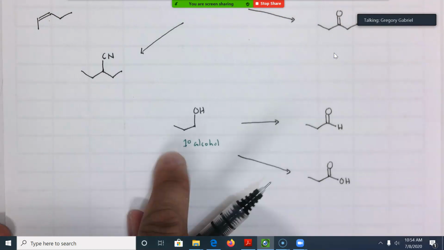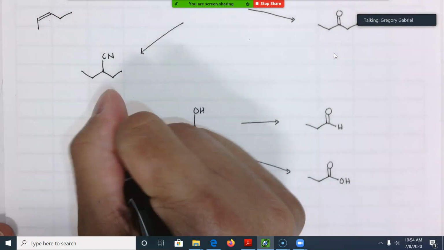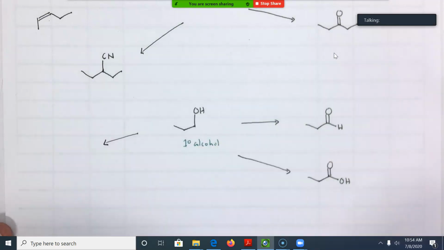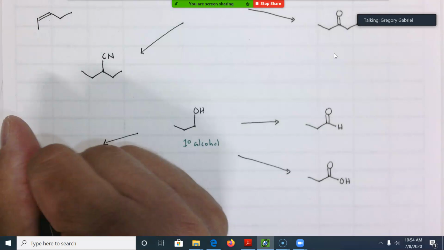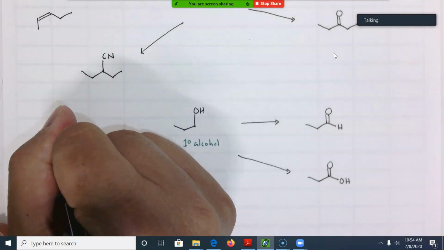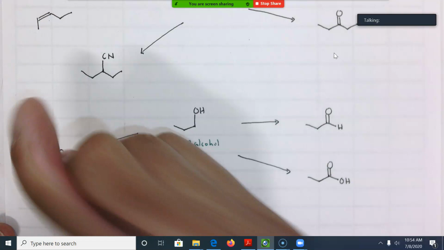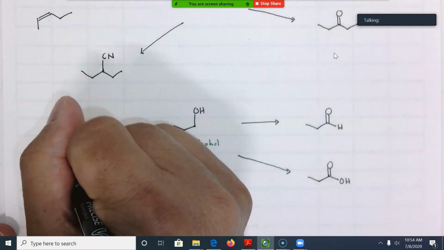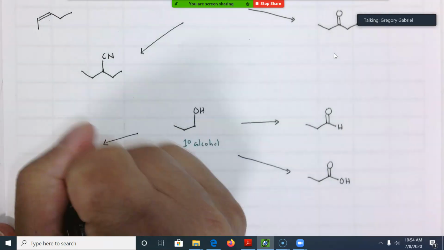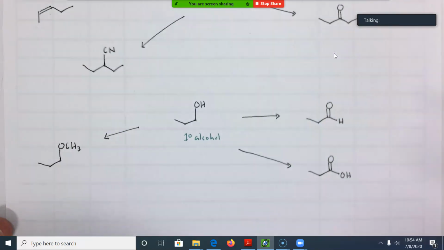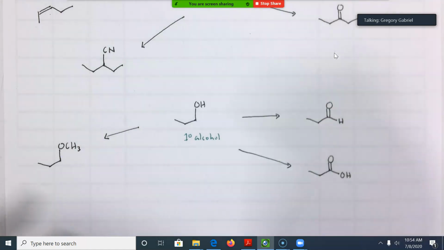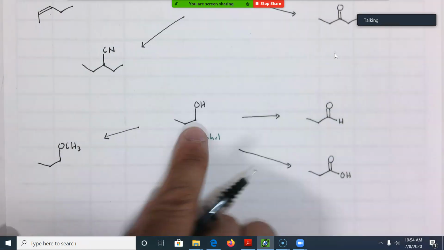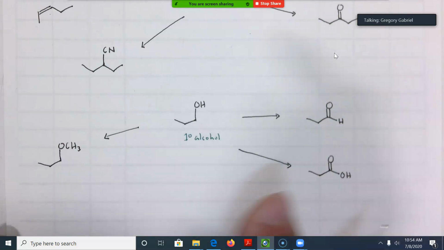And I'm going to add to this. What if I do this? Give me a second. Let me figure this out. Okay. What if I make this? Oh, let's just use that. That's an ether. Okay. Again, some of these arrows may require a sequence of more than one reaction. But here's an ether from an alcohol. And then